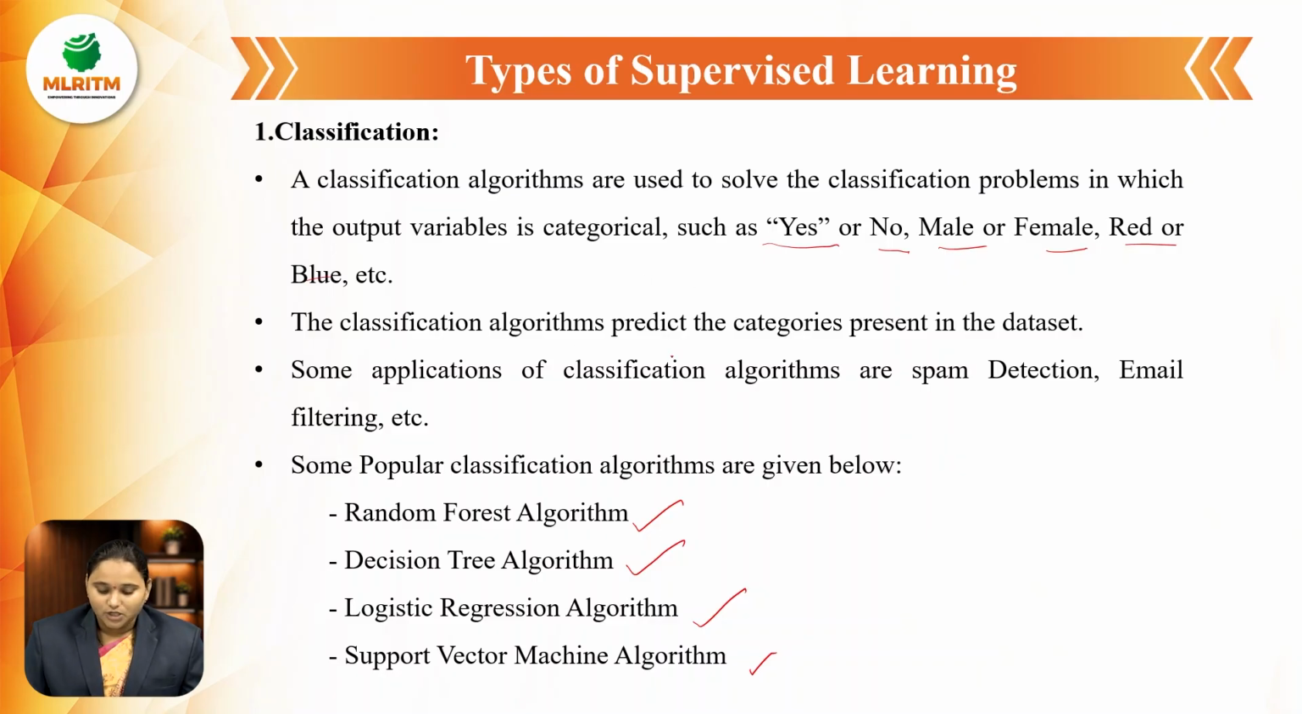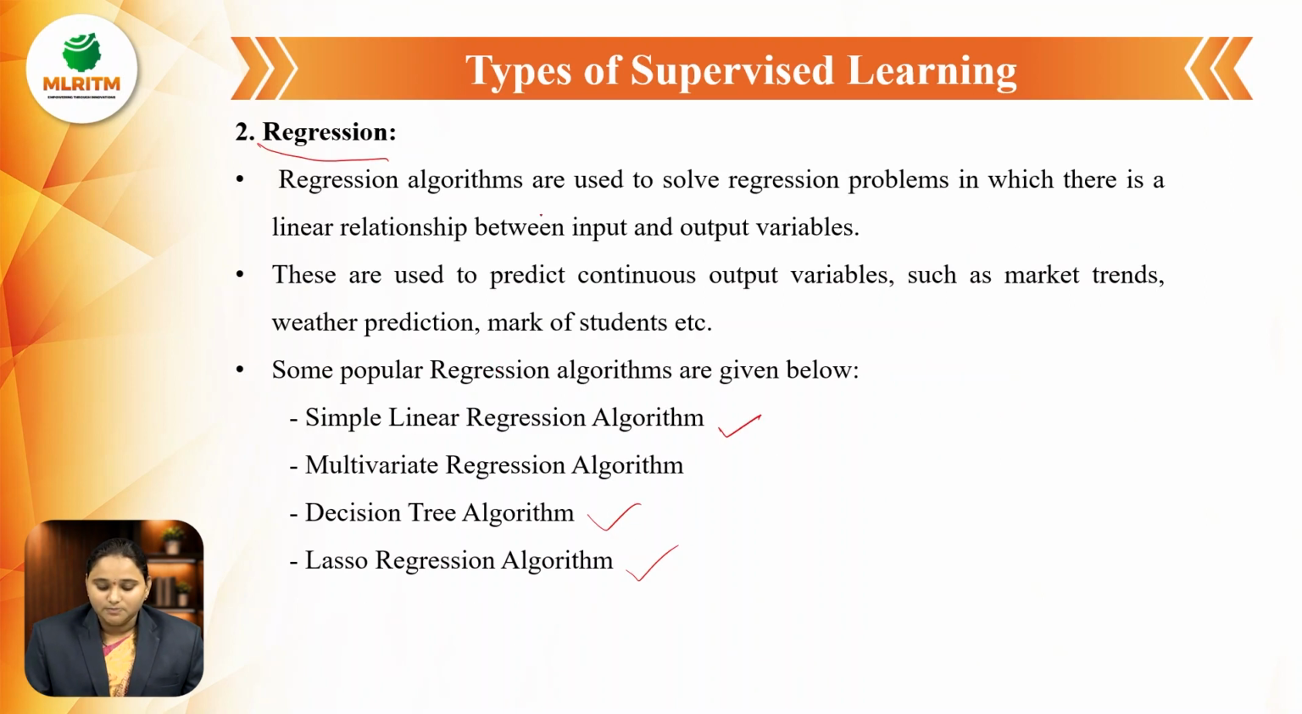The classification algorithm predicts the categories present in the dataset. Some applications of classification algorithms are spam detection, whether the email is spam or not spam, email filtering, etc. Next, regression algorithms are used to solve regression problems in which there is a linear relationship between the input and output variables. These are used to predict continuous output variables such as market trends, weather prediction, marks of